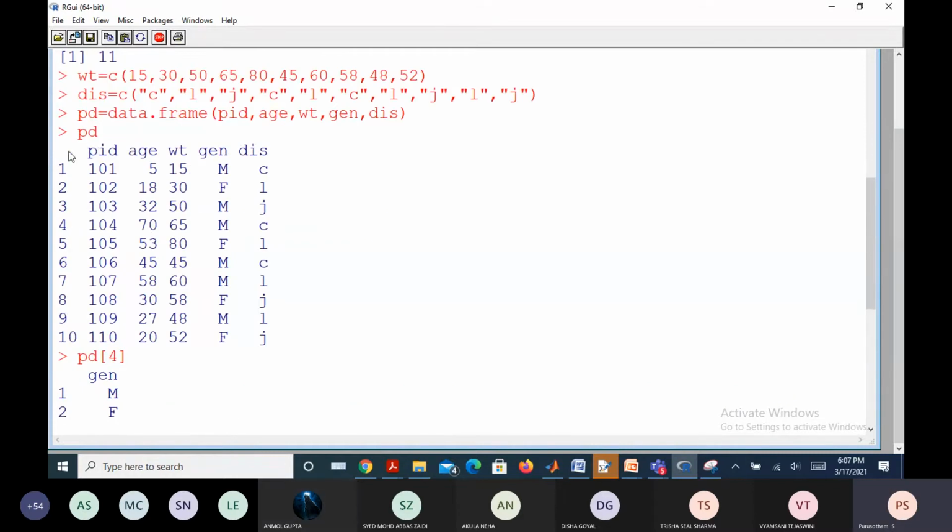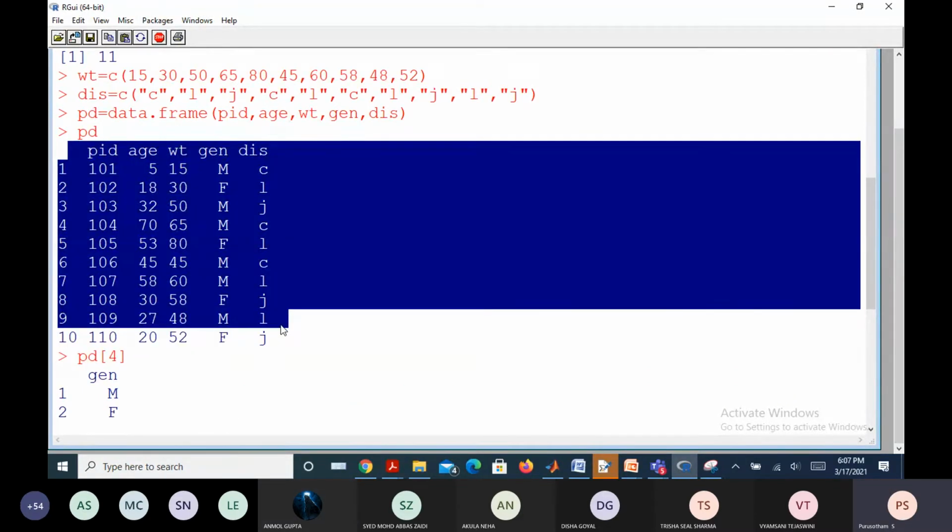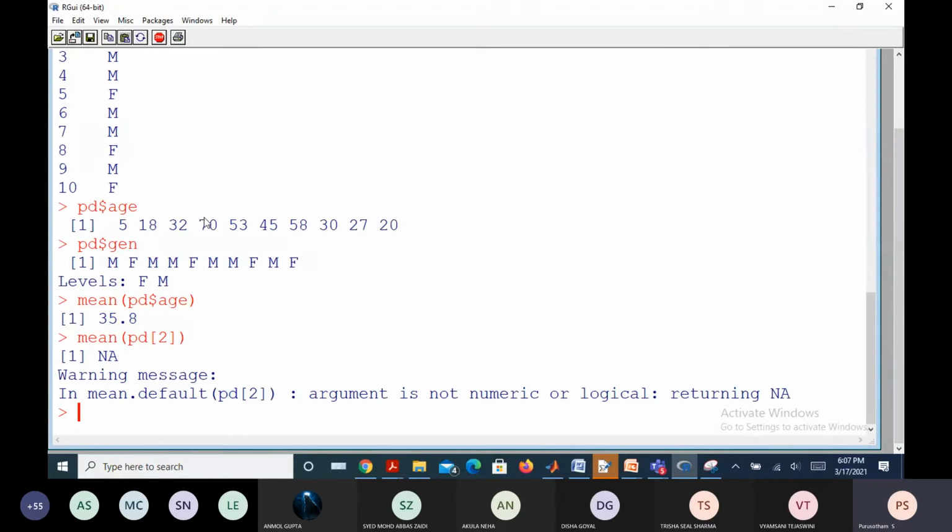Actually, this data may be available in the backend Excel sheet, with as many columns as needed. If you approach any hospital, they will have the backend Excel sheet. But as a data scientist, let us suppose you need to provide some information to the doctor. How will you provide the information to the doctor? By importing your Excel sheet to the R program. And once you import it to the R program, your table contains all these kinds of information. Now from a particular column, what kind of information do you want?